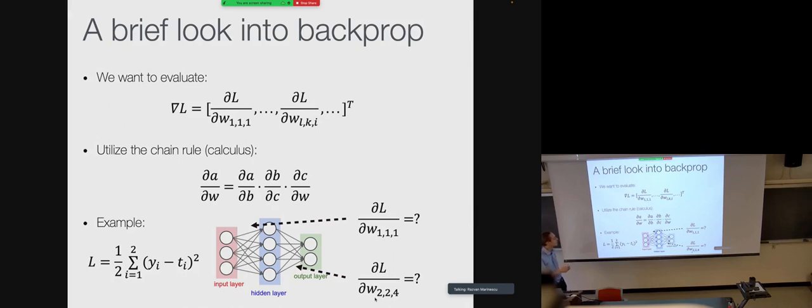And for this, we use the chain rule of calculus. This is the chain rule. If we have a function of A, the gradient of A with respect to W is the gradient of A with respect to B, B to C, and C to W. So we can introduce any intermediate variables and do it via those intermediate variables. Intuitively, you can think of them as canceling out, because you can cancel this one with this one and this one with this one. So you're only left with dA over dW.